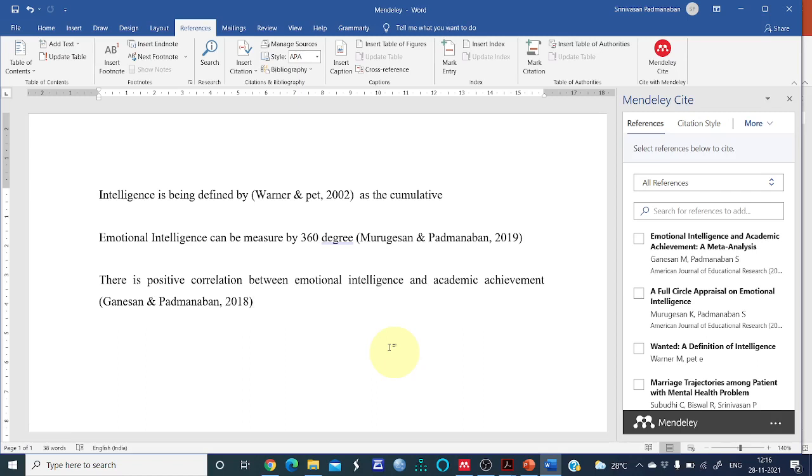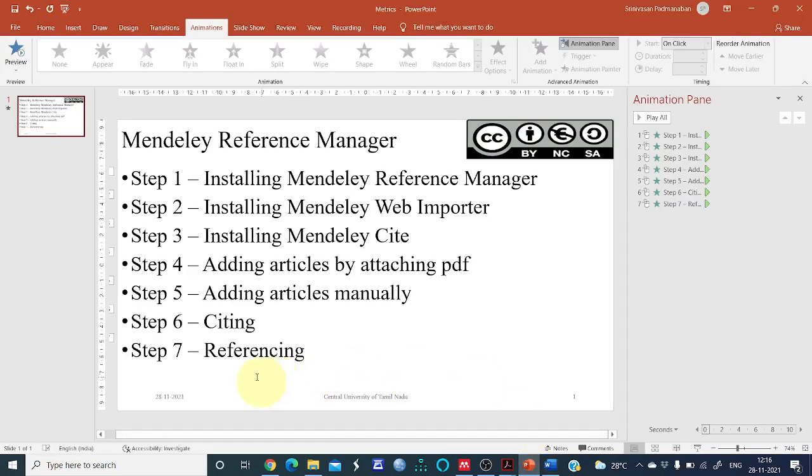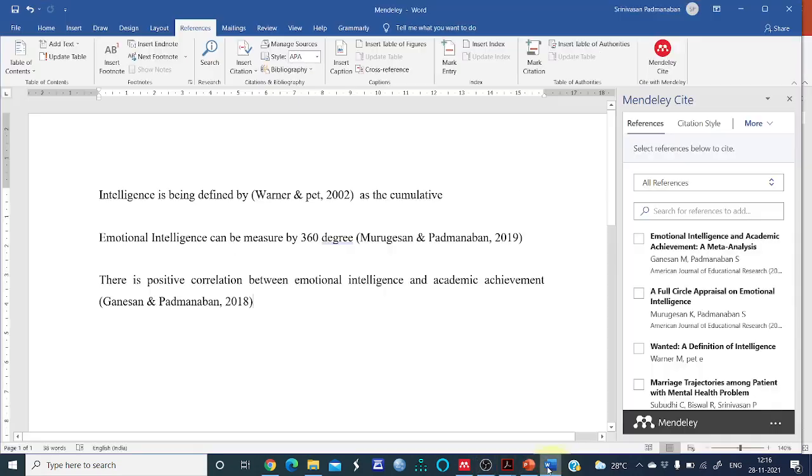And the last step of this is referencing. Okay, so it's very easy. Let us do the reference at the last step. Imagine that we have finished the article in full length. Now we want to give the reference and all those things. But normally, what we do is we keep typing across the references one by one alphabetically.